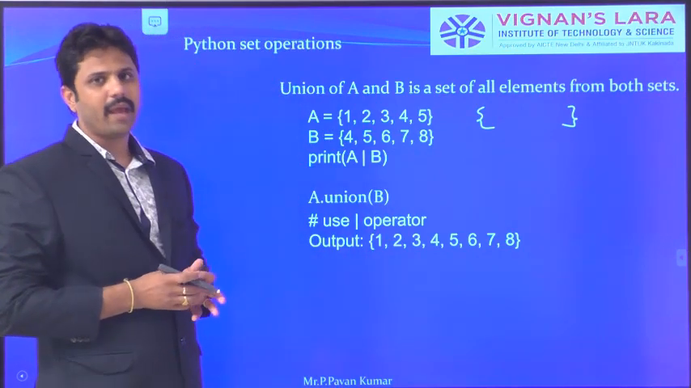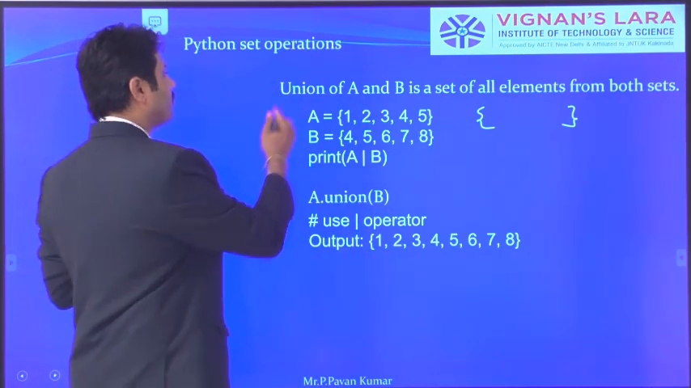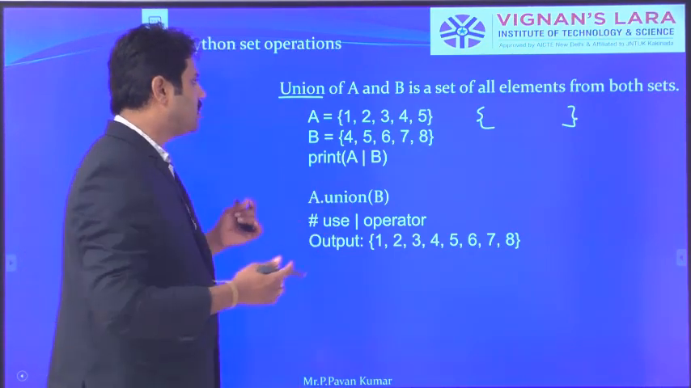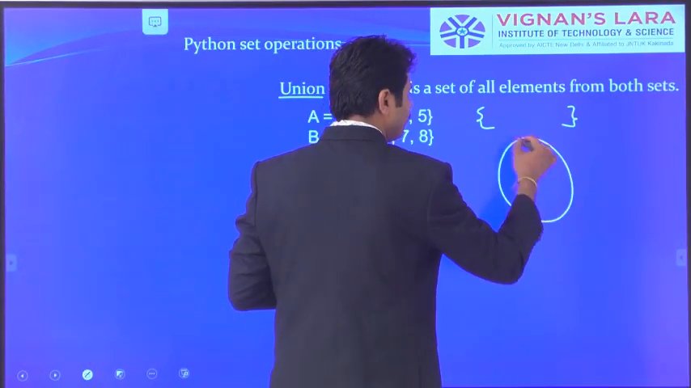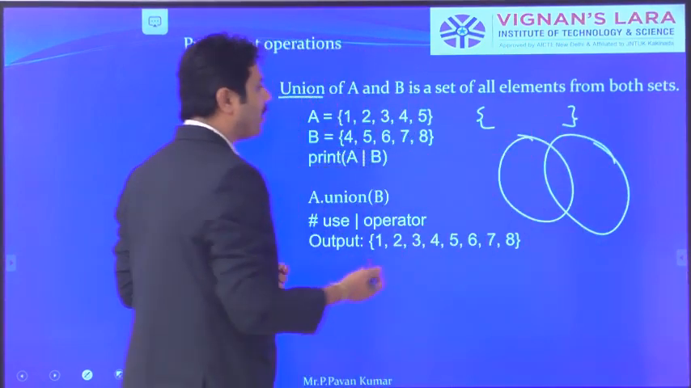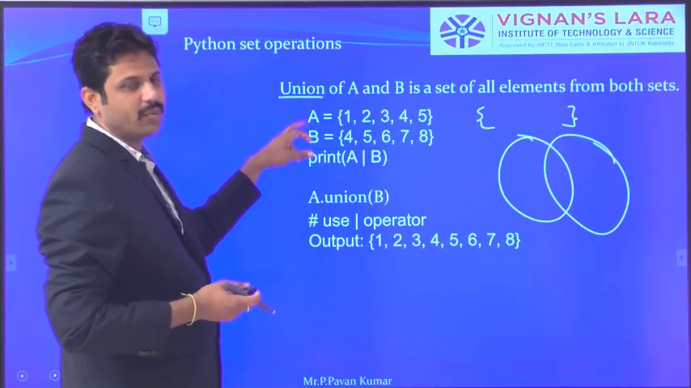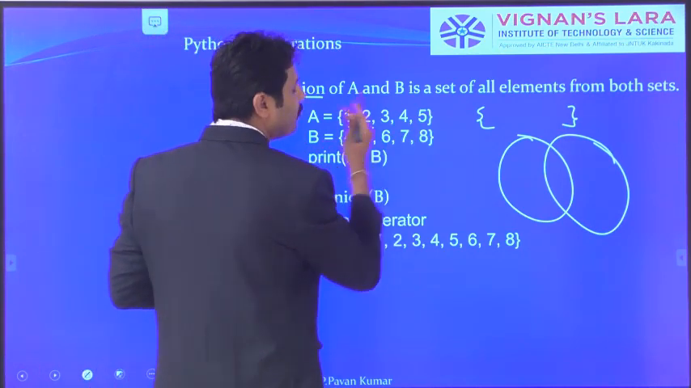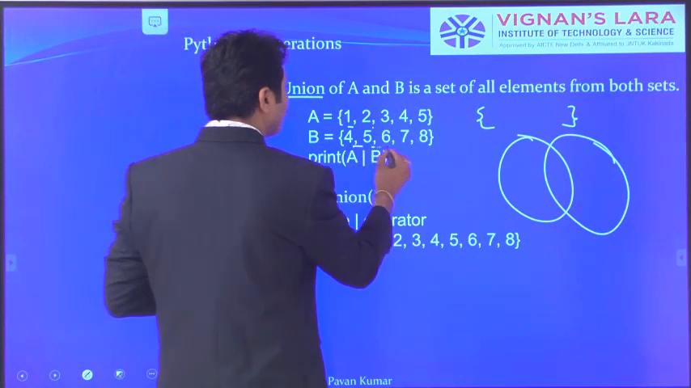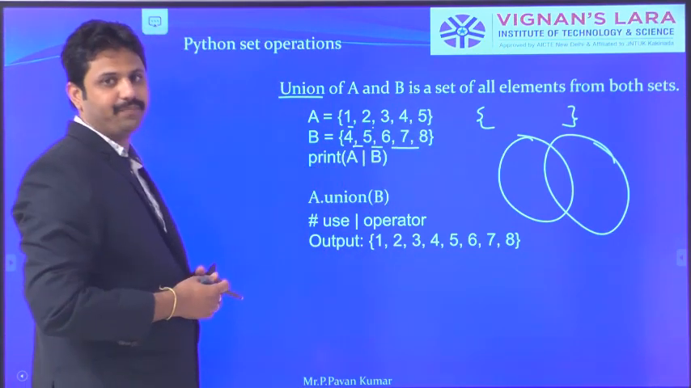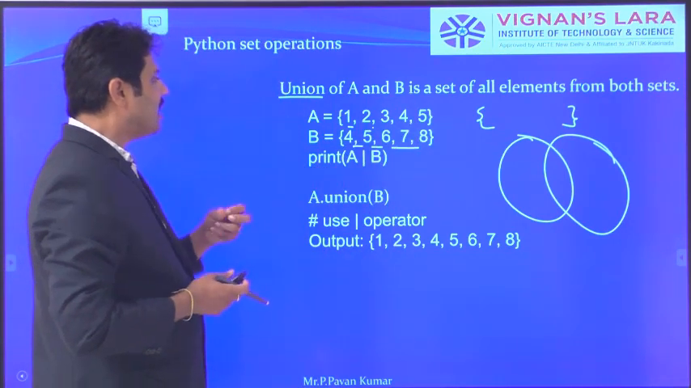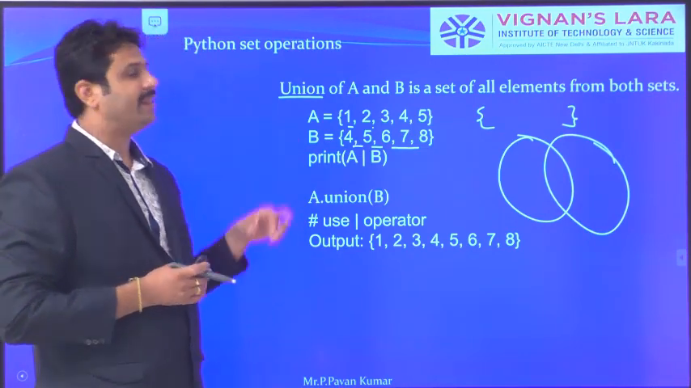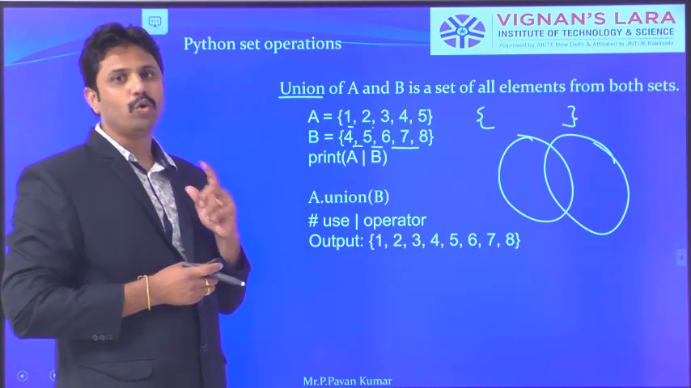Now I am going to take the method union. Union is a method which is used to perform a union operation between two sets. For example, I have A containing 1, 2, 3, 4, 5 and B containing 4, 5, 6 and 7. These are the two sets. If I want to perform a union operation between these two sets,